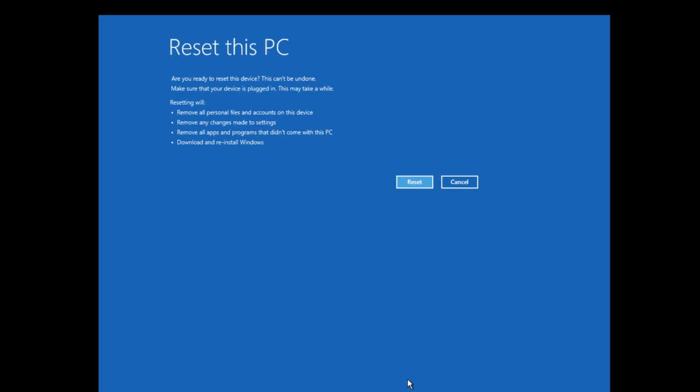For this video, because I only have one drive and no secondary drive, it will only give me one option. I just wanted to make sure that if you have more than one drive, you will get this message asking if you want to fully clean the drive where Windows is installed or all the drives. Make sure you choose one of these two options, and once you choose the options that you want, just click reset,